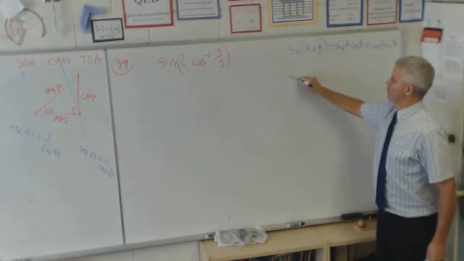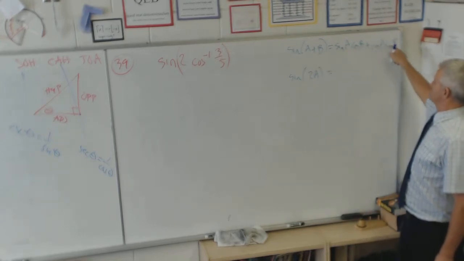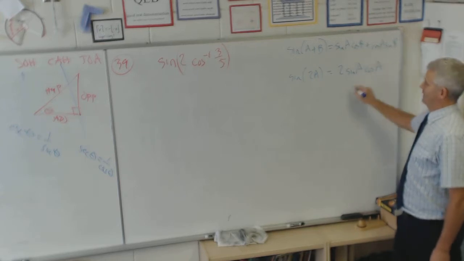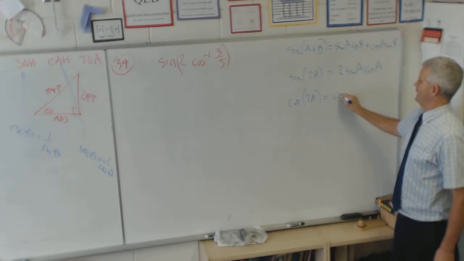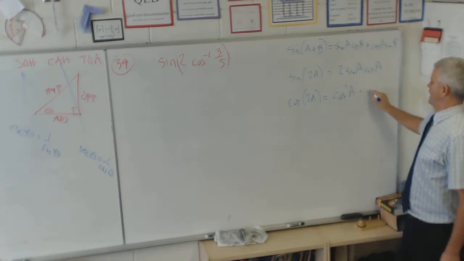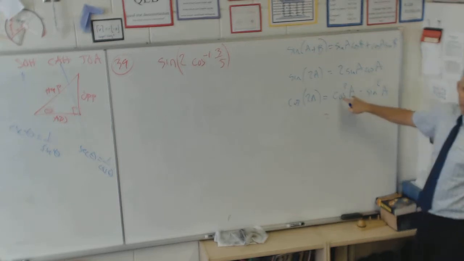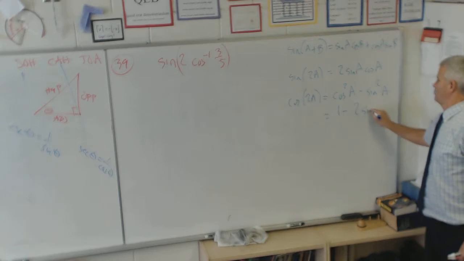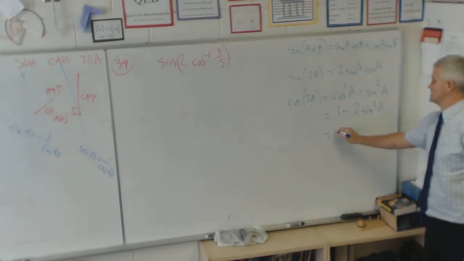You have to know that if we go with A plus A, we have sine A cos A plus cos A sine A, so it's 2 sine A cosine A. I'll also review the fact that cosine of 2A is cosine squared A minus sine squared A. If you replace cosine squared with 1 minus sine squared, you can do the cosine of 2A that way. If you replace sine squared with 1 minus cosine squared,